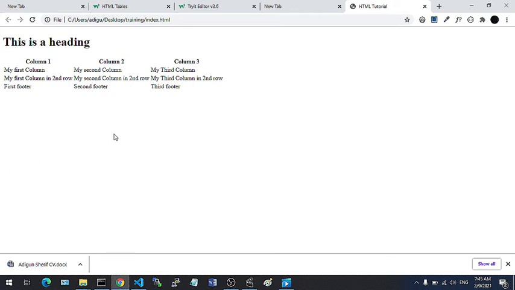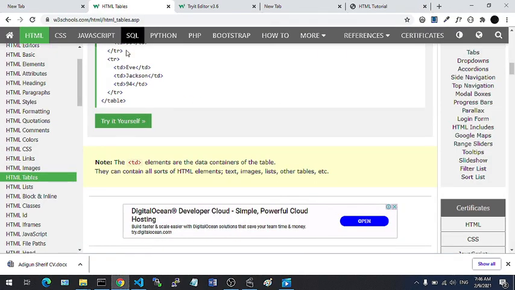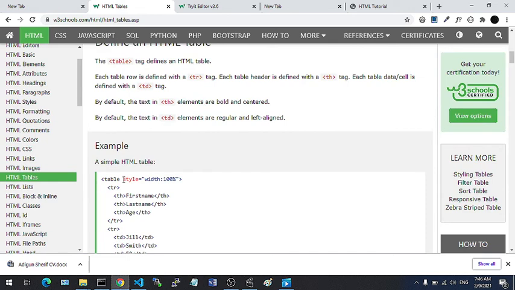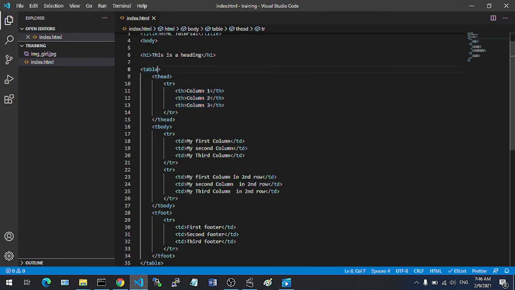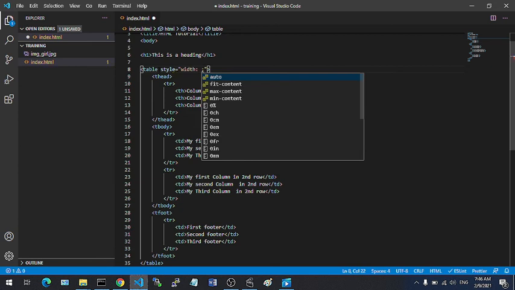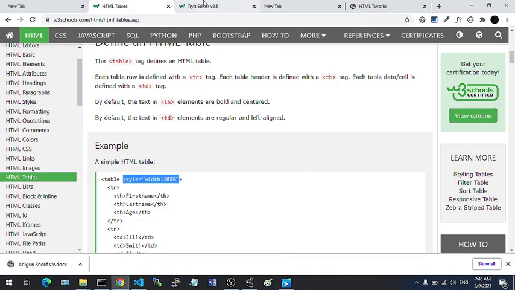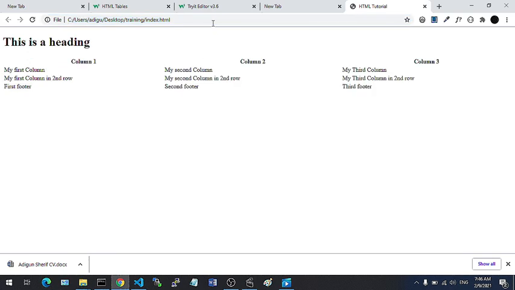There are some other interesting things we can do with this table. Supposing that you want to make this table a full width, you want this table to cover the whole page. There are different ways to handle that, but one of the ways is to add a style, inline styling, with this particular code. I come back to my code editor and then type in style equal to width. We want to define the width of our table to be 100%. So the 100% is going to make our table a full width on the page. So now we have it defined.